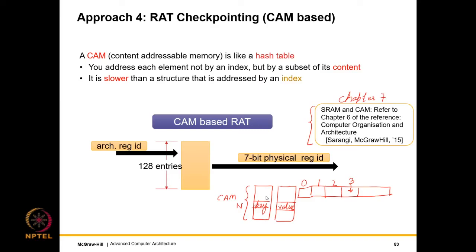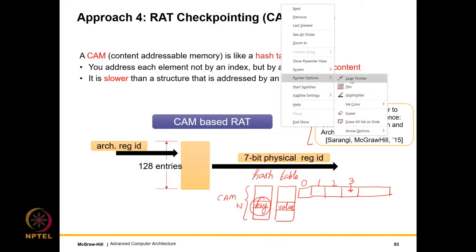But regardless of which flavor we are using, we need to think of a CAM array pretty much as a hash table where we search not by the index but by a multi-bit field. The multi-bit field in this case is being referred to as the key. So the basic abstraction is that an SRAM array is like a regular array, but a CAM array is like a hash table. So it is possible to implement the register alias table using CAM arrays.